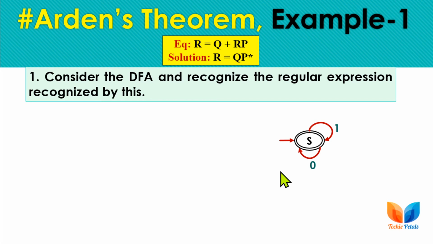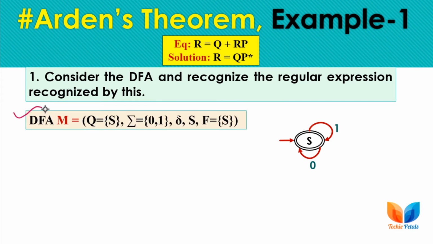So we have to write the expression for this state only and solve the equation for this state only, because we have only one state and that is final also. Here we are defining the DFA M with a single state S, input symbols 0, 1, and the final state is also S. So let's write the expression for this state: S has 2 incoming, so S1 plus S0, and also it has a null input because it's an initial state. This will be the expression corresponding to the initial state.